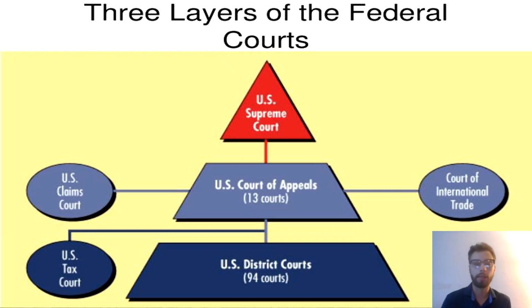So here's a visualization. You can see here the 3-tiered system, U.S. district courts at the bottom, Court of Appeals, circuit courts there, that second tier, and then the U.S. Supreme Court. You also see those side courts, I guess you could say. That's not what they would be referred to in our government, but in the visualization we can see it as that. The U.S. Claims Court, Court of International Trade, and these are just some examples of the courts that might sidestep the traditional stepping up the ladder process within our court system.